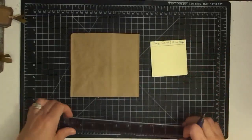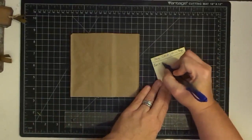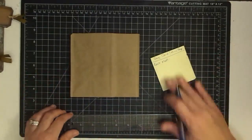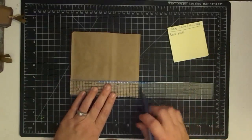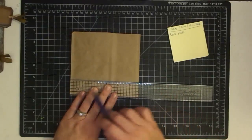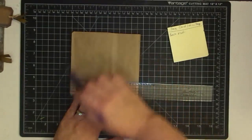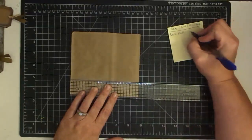Here's what I'm going to do to start. I'm going to do the back mat. You just write this any way you know what it means, okay? So I'm going to measure this piece. This piece is 5 3/4 wide, okay? But I like a little border. So instead of cutting this to 5 3/4, I'm going to come down 1/4 of an inch. And that will give me 1/8 of an inch on both sides shorter, okay? So my back will be 5 1/2